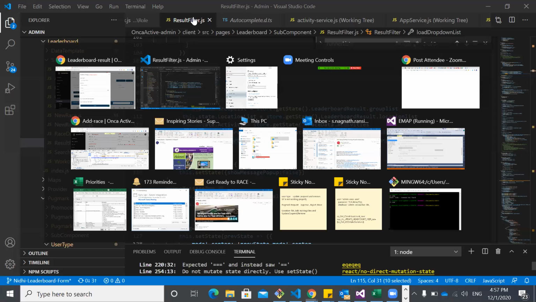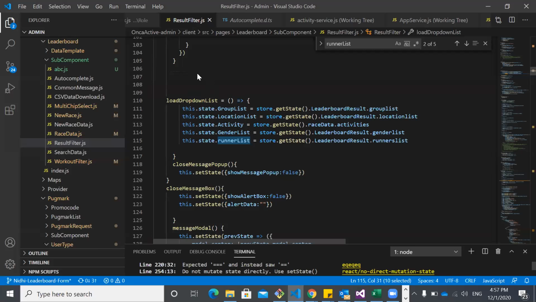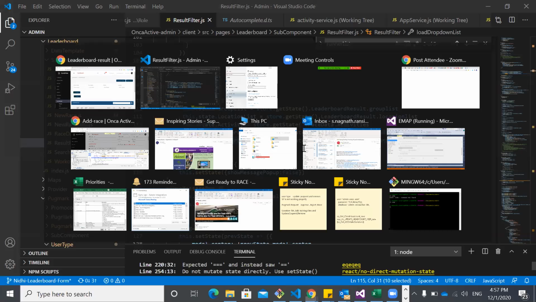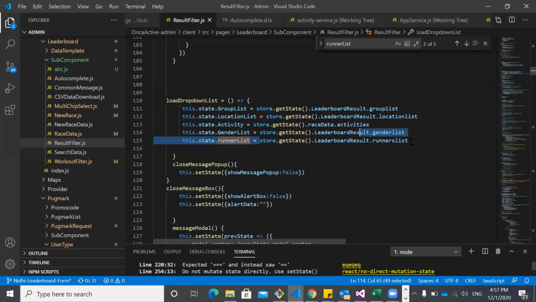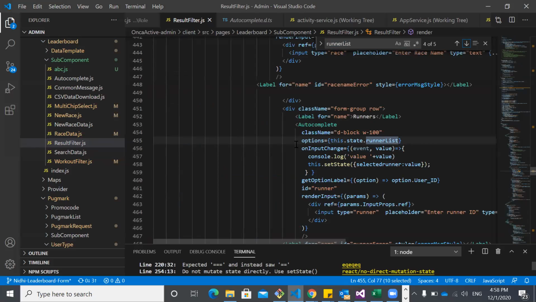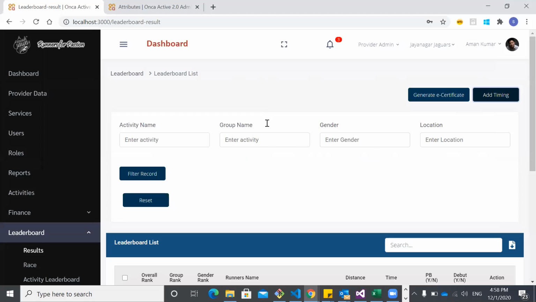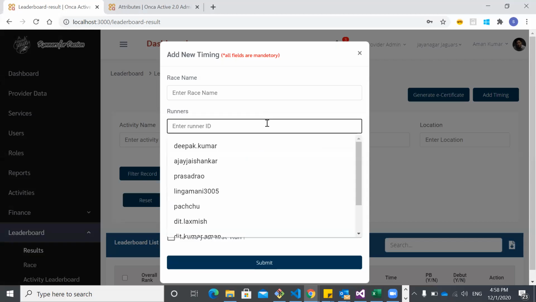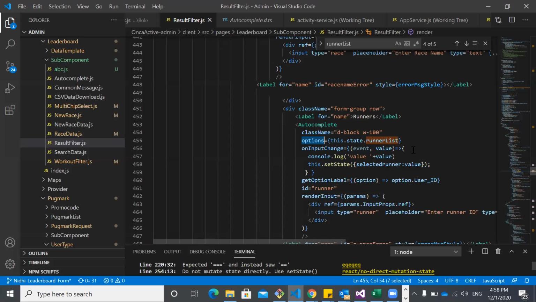So for this component, this entire component is nothing but the result filter. In this, after getting the data from the API, I'm storing that API data into this state variable as a runner list. Okay. After that, I'm binding that data as an option. In the option, all the data is there which is coming from the runner list. But at the same time, we don't have to display all the data coming under runner list. It might be ID, runner name, and runner description. All data can come under runner list. We have to bind only its name.